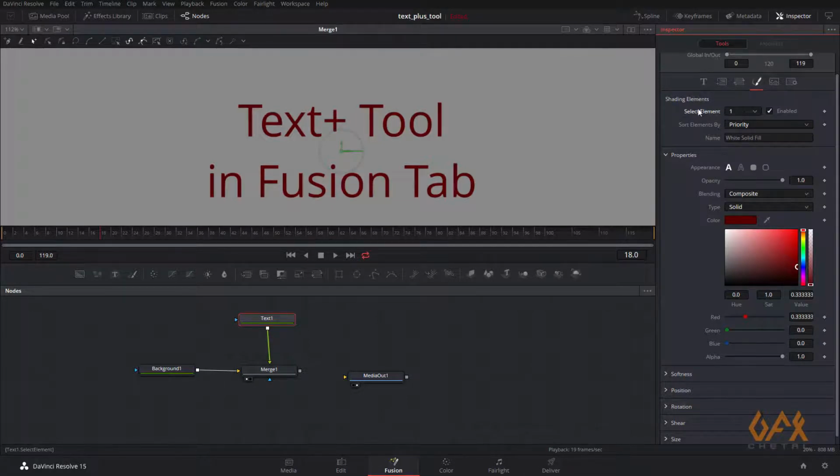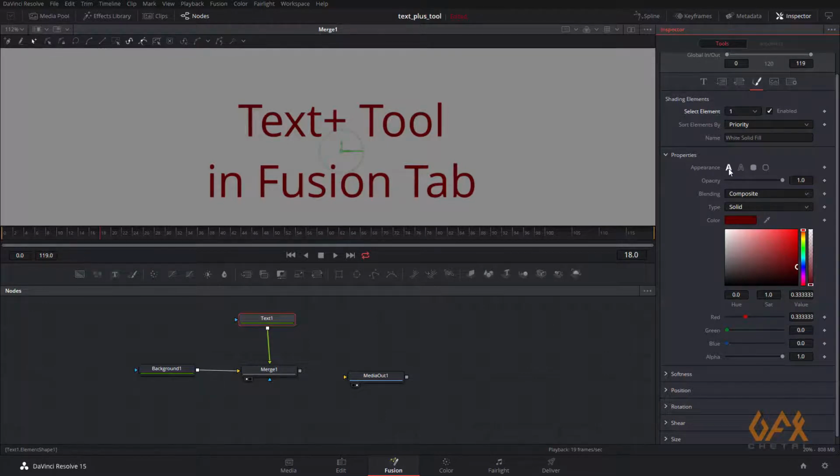So for example, this is my element number 1, and sort element by priority we will see right now, within some of the basic things over here. The name of this particular shading element is white solid fill. So now this is default presets.